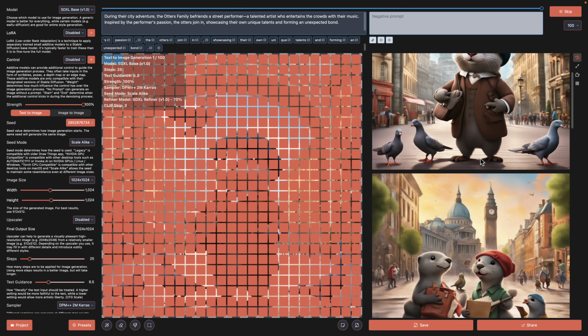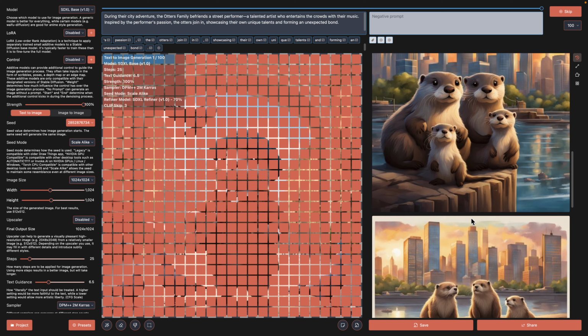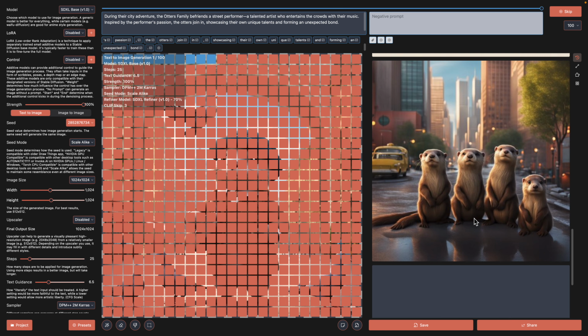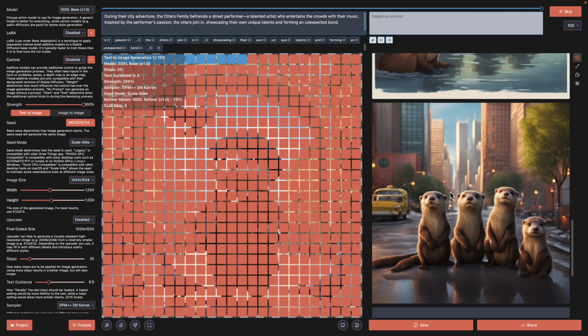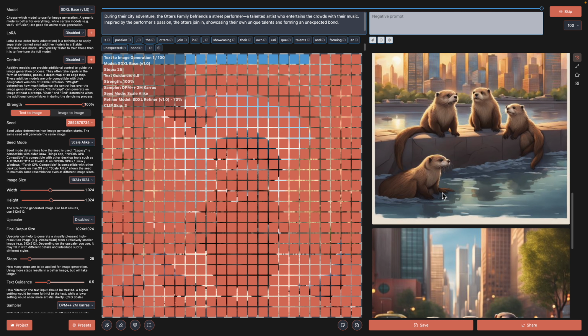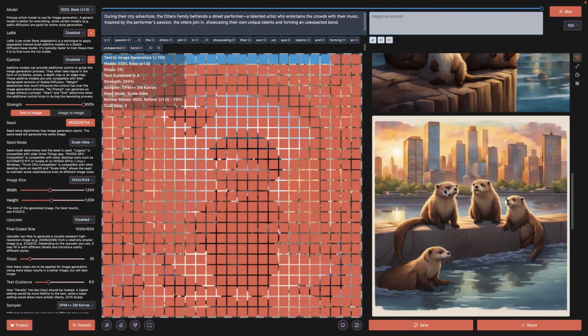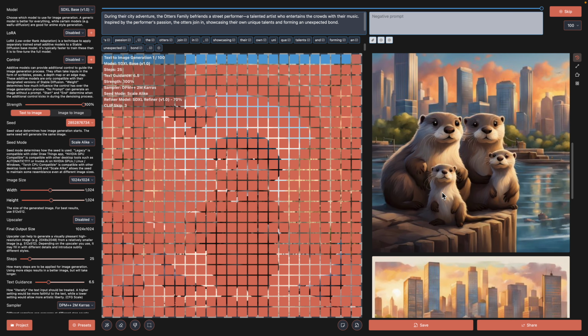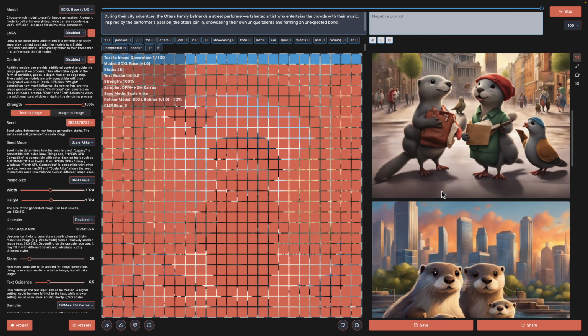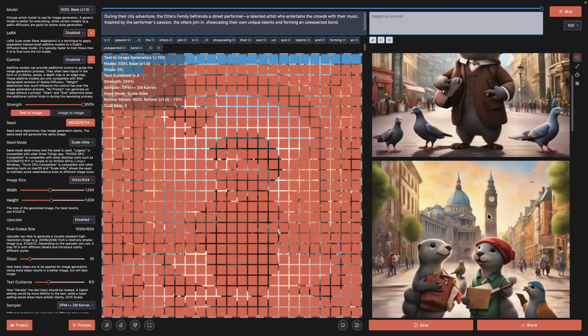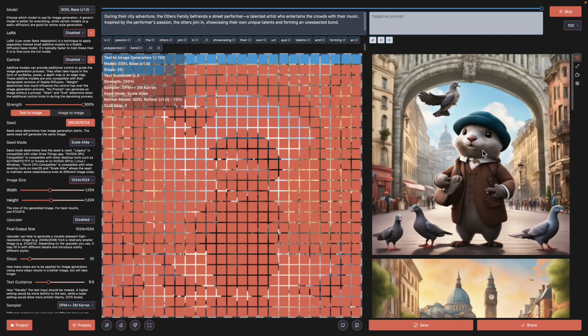We get some image about this Otter family. So even though we don't have the full story yet, we have a bit of an outline of the story by the AI. Now we have some kind of imagination. It's almost like our brain can interpolate those ideas as well, because now we are seeing this image of an Otter family.